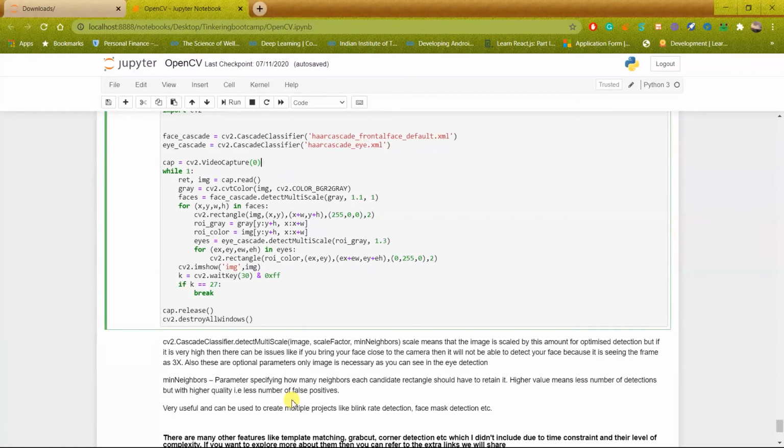You can also use this in face mask detection. Blink rate detection does not require any other library, it is just OpenCV based, but face mask detection will require prior knowledge of machine learning, etc. But you can do that very simply using OpenCV.